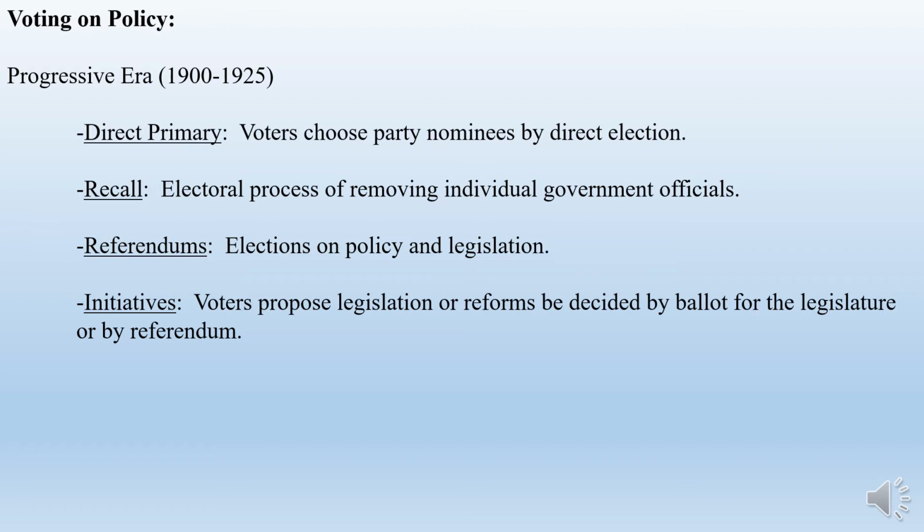And then if it passes, it should either go to the legislature for them to deal with, or it would go to a referendum, and the wording of the referendum would be, should marijuana be legal, yes or no? The referendum would be the actual election on the policy. The initiative would be proposing that policy or legislation. So these are things that were changed in the early part of the 1900s that have made a lot of good changes. Some are not.